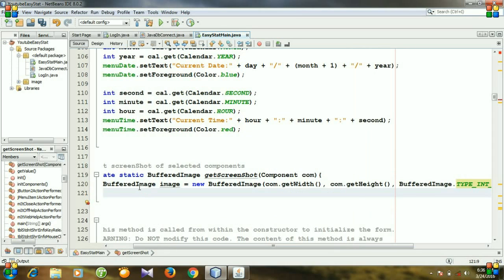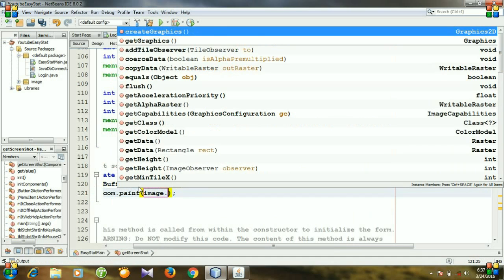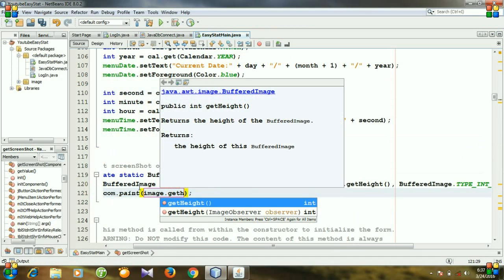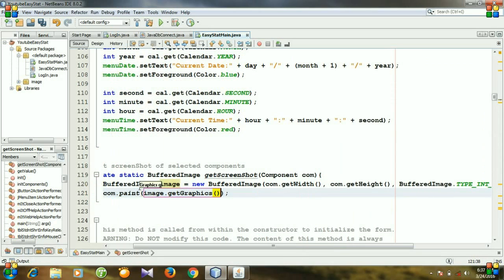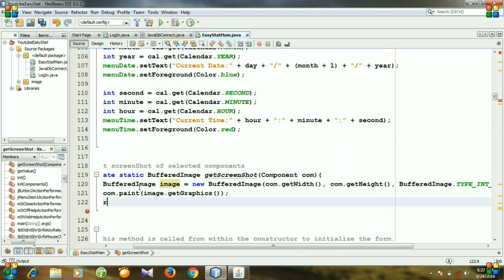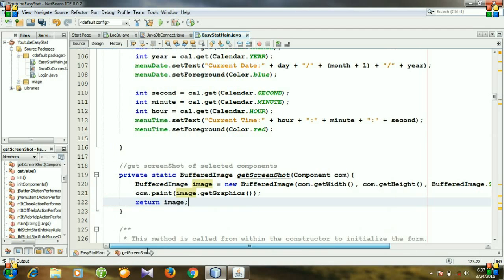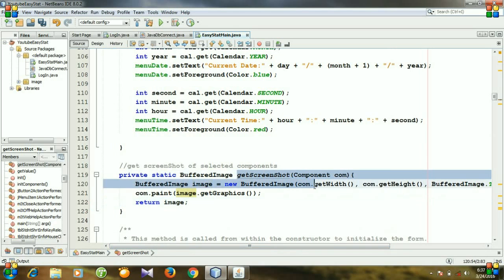And now we need to paint it. So component.paint, and what will we paint? We will paint the image.getGraphics, and we will return the image.